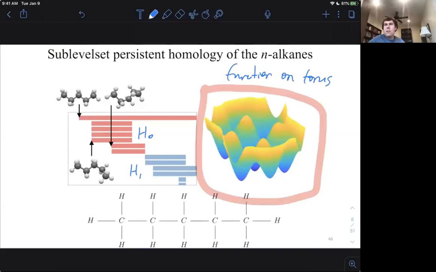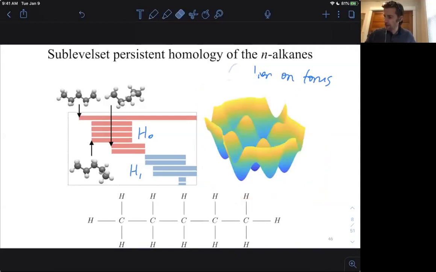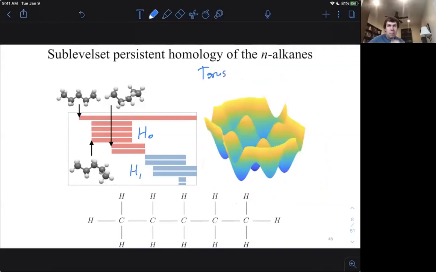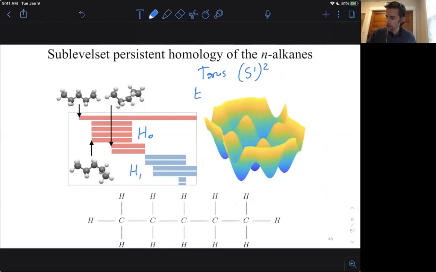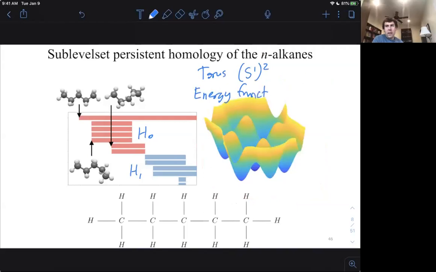Henry, so it's a sublevel set of what domain? Yeah, so the torus is the domain and the function is the energy. So we have this torus, right? And then we have an energy function, which is what's drawn in the blue, green, and yellow. And that was computed experimentally or something?